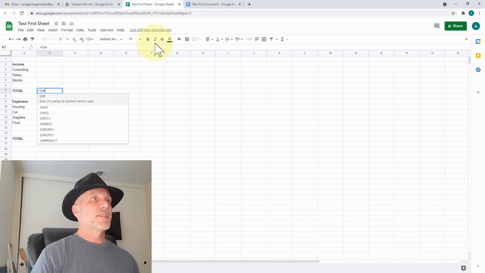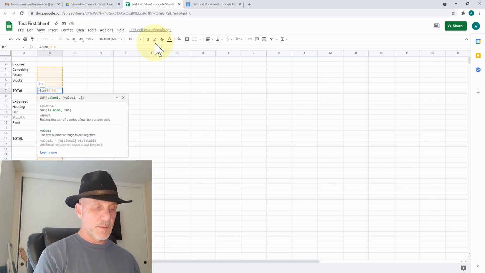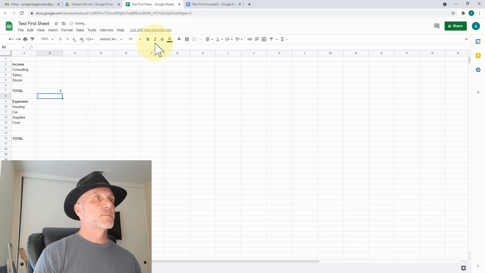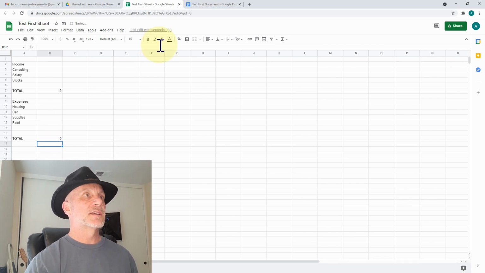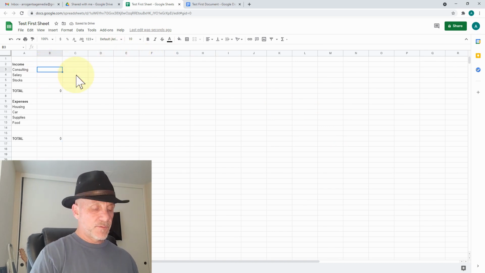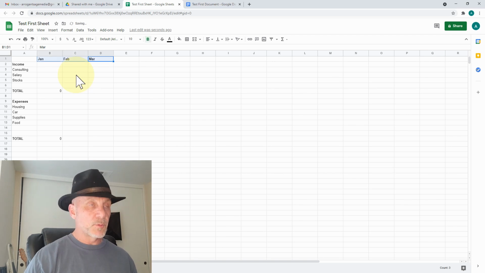I could put a formula in here that is sum B3 through, we'll say, B6. And then here we'll do B10 through... I'm not teaching how to do formulas in the sheet yet. I'm just doing a real basic overview. So now, let's just say this is January, February, March, that's kind of what you might do with the spreadsheet. This is a really poorly formatted one, but